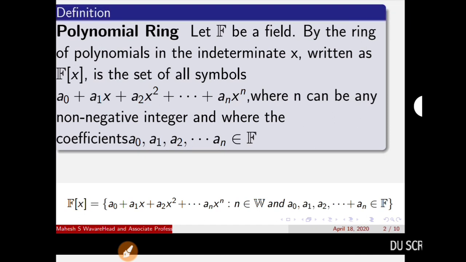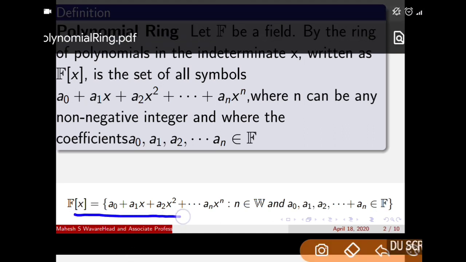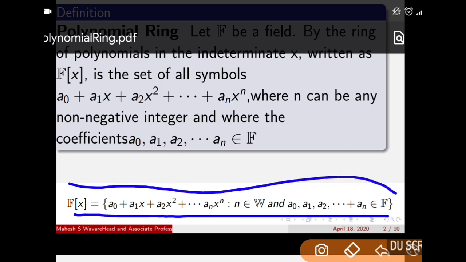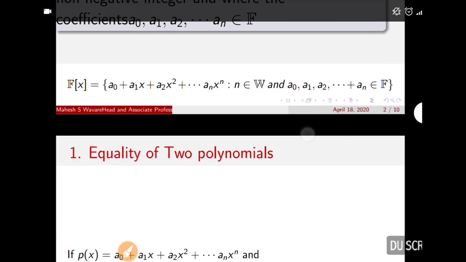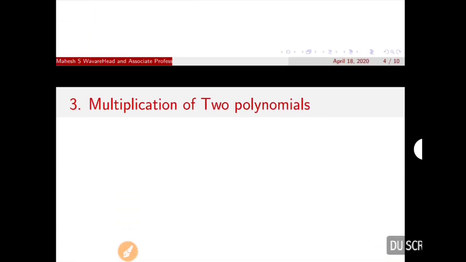So this f of x, where we have defined when two elements are equal, component-wise addition and multiplication is defined. With respect to this, the set f of x is an abelian group under addition. One can easily verify that under the defined multiplication operation it is closed, it is associative, and finally one can verify the distributive law. So this is easy to verify. So this set becomes a ring, and later on we call it a polynomial ring once we define the operations.